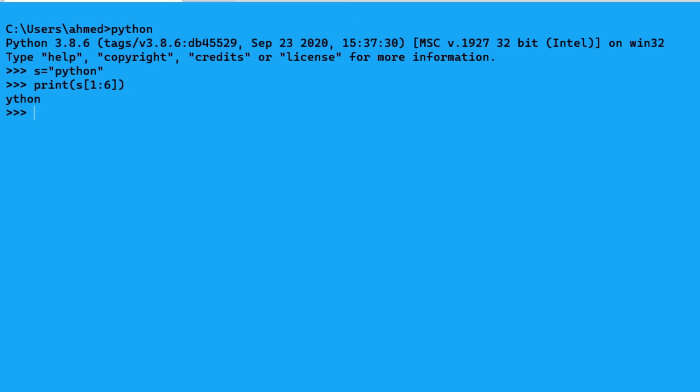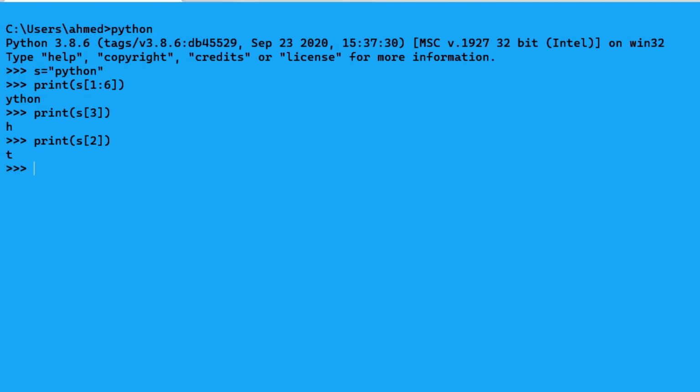For example, if I want to print the third letter, I can use 0, 1, 2. Let's try it. Print s[3]. Here is h, and if I want the third letter, here is the third letter, and h the fourth,